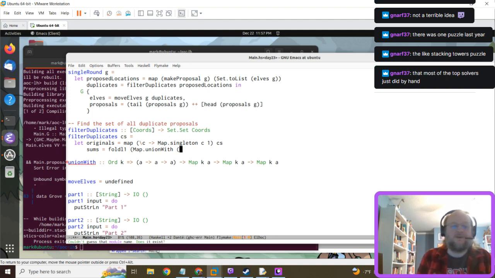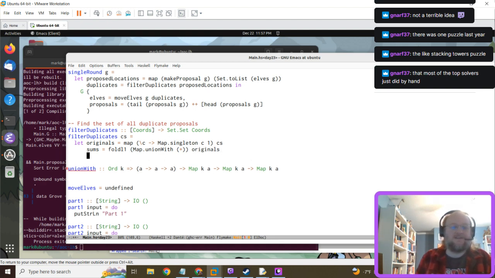So union with plus. So that's a function map to map to map, which we need over the originals. All right. So, and then we're going to return